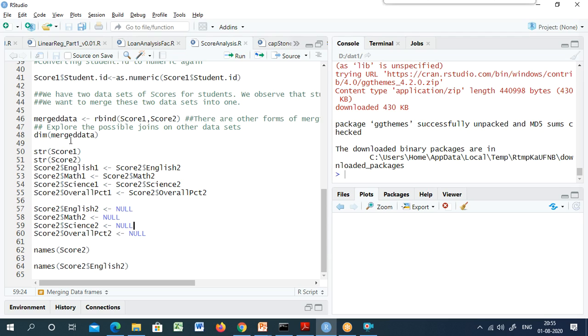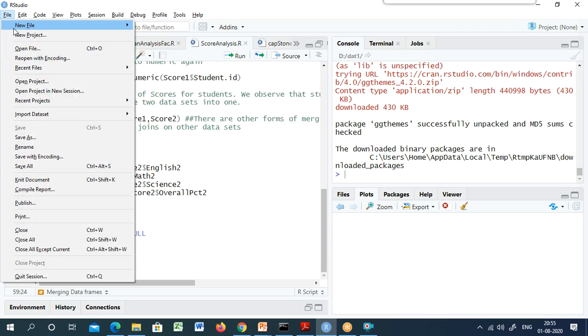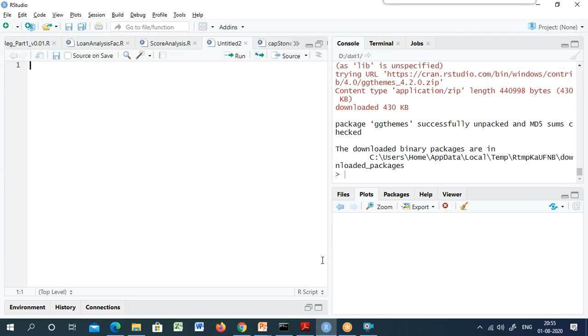So we will continue with the dplyr package. What is the dplyr package? Dplyr is one of the important and popular packages available in R. This dplyr package was developed to work directly with data frames.